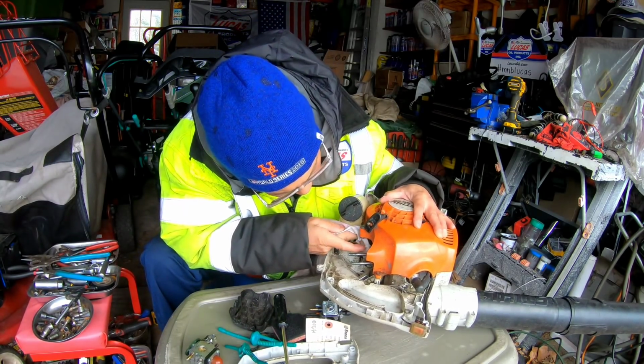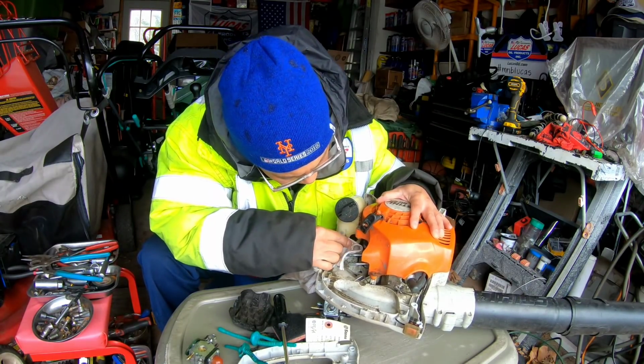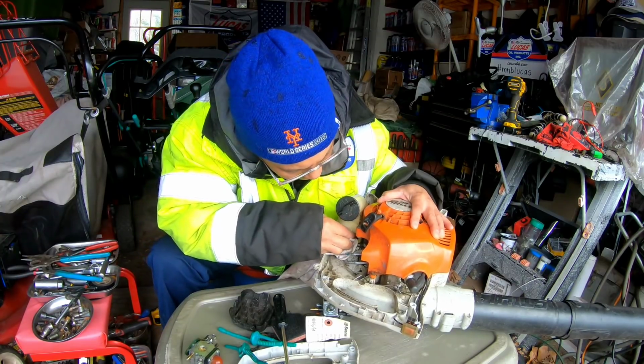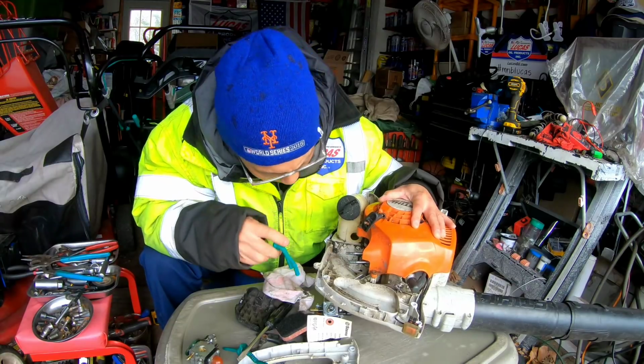Wipe this area. Make sure nothing goes back into the gas tank. Wipe away from the hole. And I'll just shove that in there. You know,